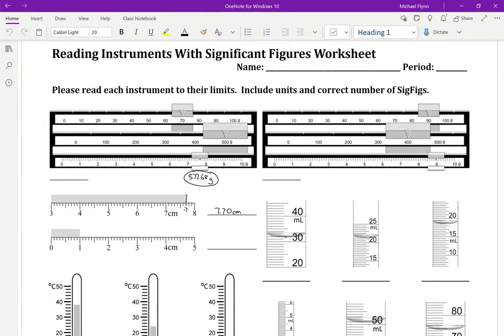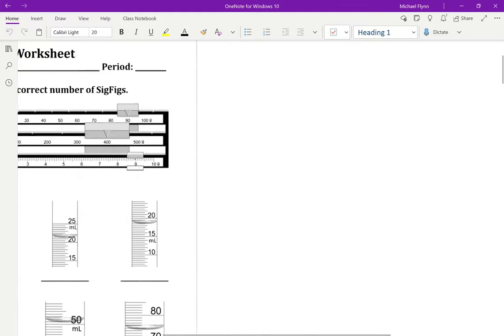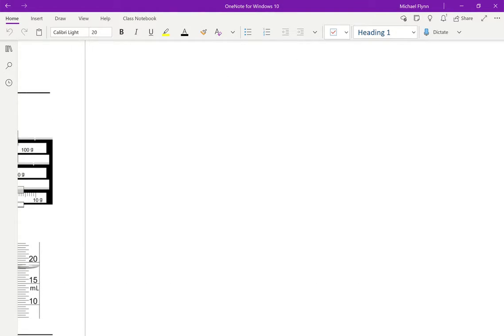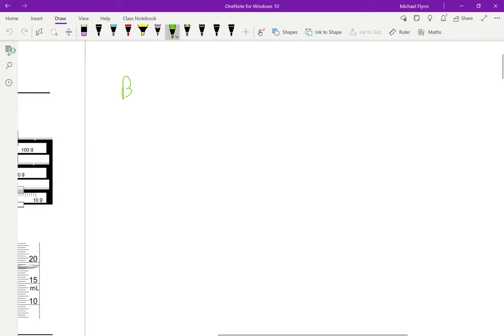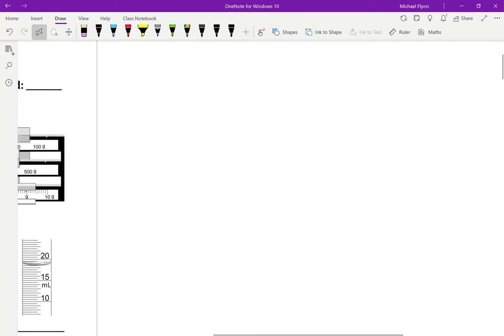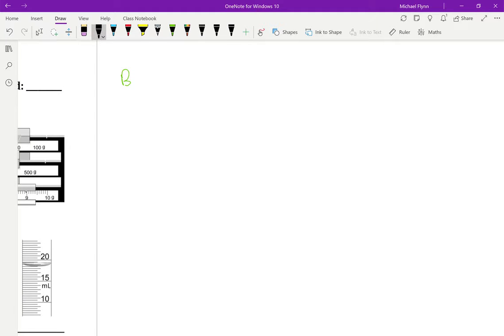Okay, so what it says here, and I know I explained this to you on Friday, we did one of them already, it says to read each instrument to its limits and include the correct number of sig figs. Now the rule is, and there is a rule, I'm going to write the rule here in the margin. The basic rule, let me change the color. Green, it's not St. Patrick's Day yet. All right, so the basic rule